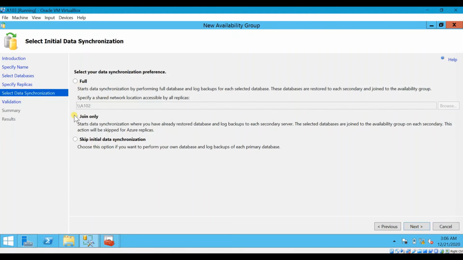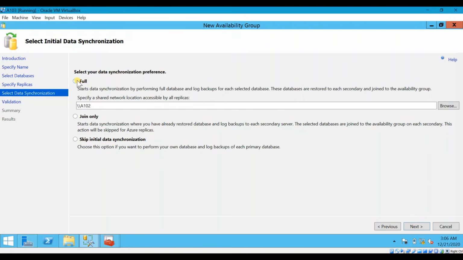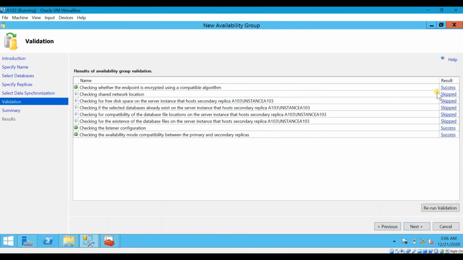and here you can go with the join only option, because we have already restored the database and log backups to the secondary server. If you have not restored your database backup, you can go with this full option, and you need to specify the shared location, which is accessible by all replicas. So in my case, I am going with join only. Click next,